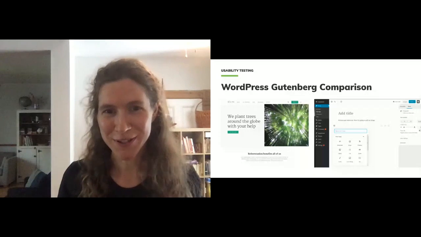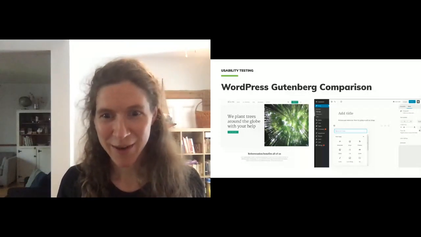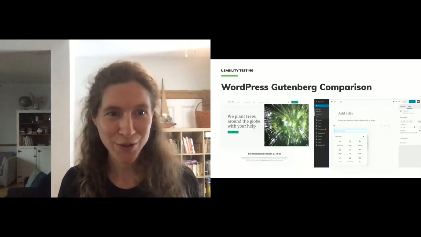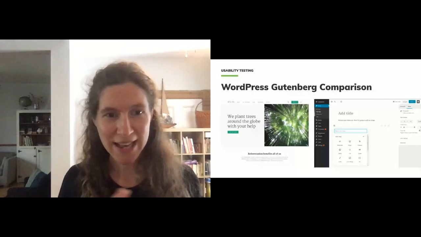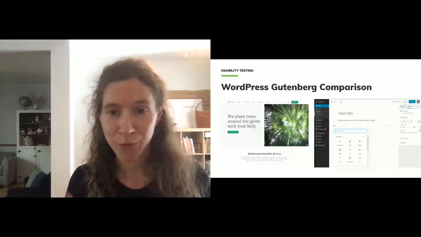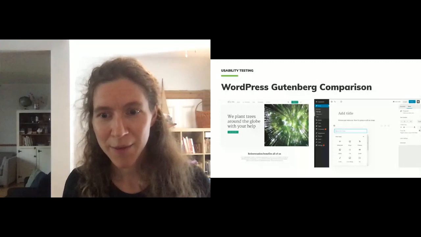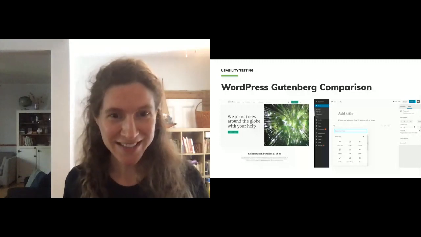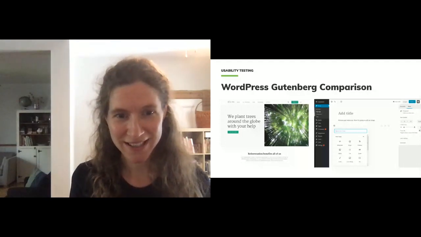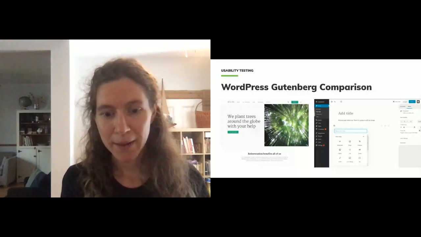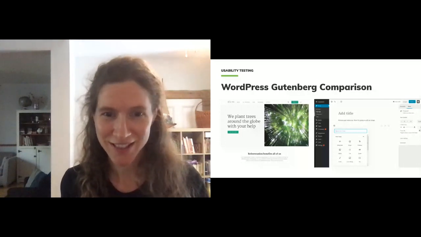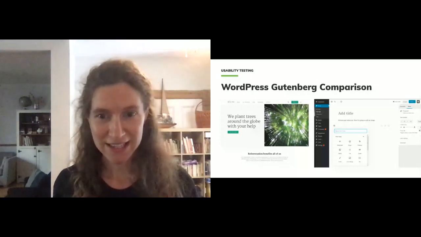And then we pulled in Gutenberg. We tested this because we thought it would be fun to know how these two Drupal tools compared to the WordPress experience. So we tested how content editors would create the exact same page using WordPress with Gutenberg editing turned on. And we found that at first users really liked the interface. So the first impression data was all really good. And they liked also how their landing page looked in the editing experience. But the preview of what the editors saw didn't really relate to the landing page that resulted on the front end. So there was definitely a disconnect there.